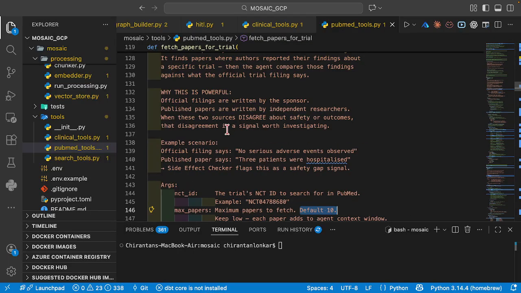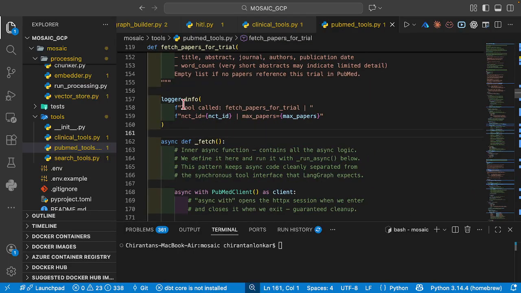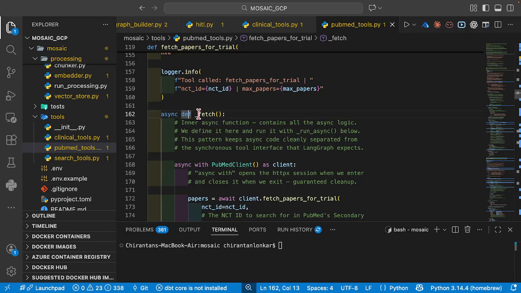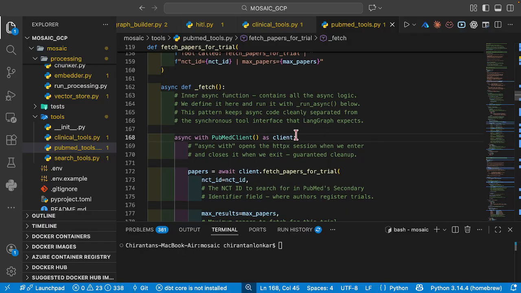Somewhere I think we have defined it to 10. Now we're going to create an async function called fetch. This is an inner async function which contains all the async logic. We define it here and run it with the run async function below. You can see here we're running it in run async. And this pattern keeps the async code cleanly separated from the synchronous tool interface that the